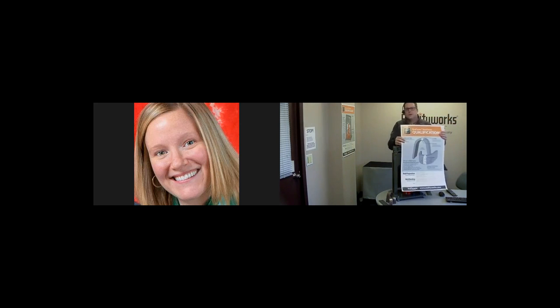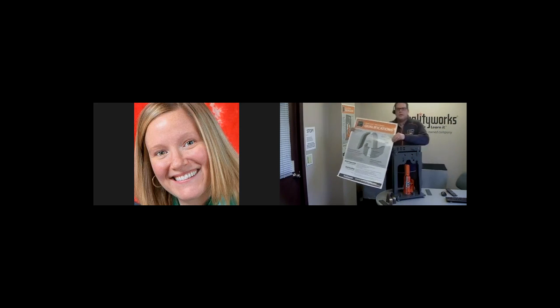Now, the other poster that we have is actually a qualification poster. This qualification poster is used for your students when you are done bending your test, and when you're done bending, this qualification poster can also be put up right next to the bend tester if needed. And what this does is it actually shows your students what types of qualification is needed. It talks about both a face and a root bend,